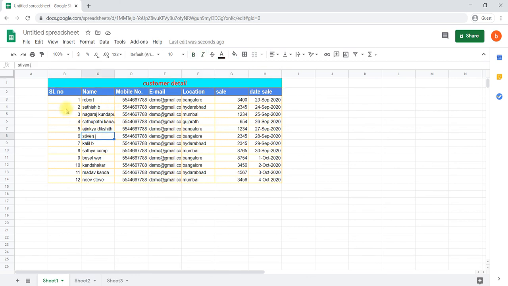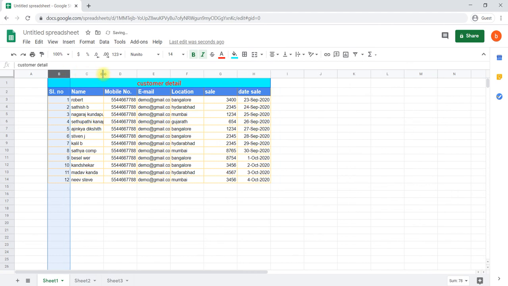And if you would like to adjust a column, for example here the serial number column, only a small space has been utilized. To adjust that, if you would like to reduce the width of the column, go to that particular column, go to the edge, the arrow mark will come, click and drag to adjust.